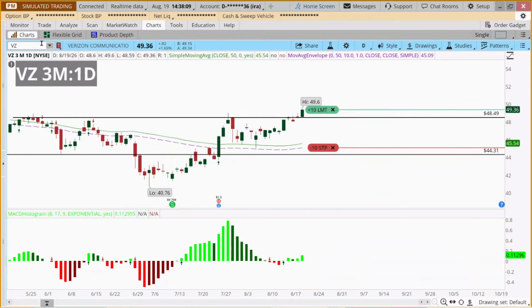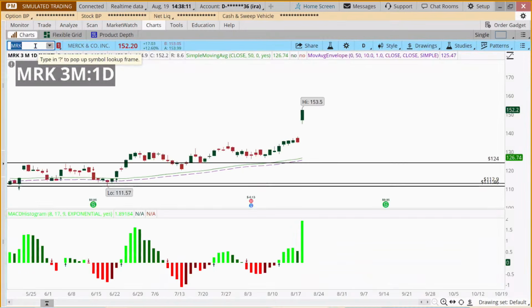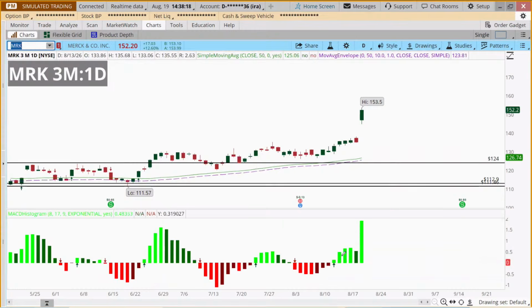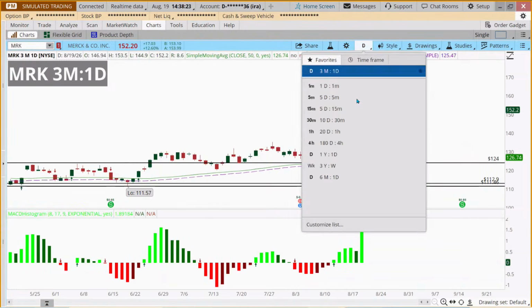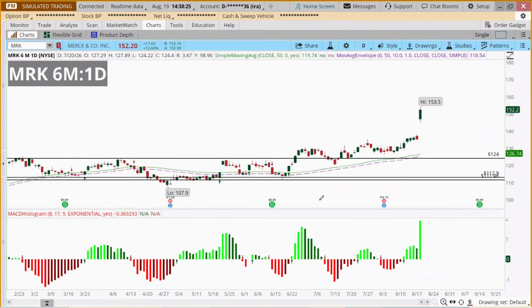Okay, MRK, another one you guys tatted in. MRK, valid buy signal today, yes or no? Well, the moving average is rising. MACD is six days green. Let's take a look at a longer term chart. If you're not familiar with the trend, MRK has been trading sideways a long time, broke this 124 resistance, tested it a couple times, traded sideways and up a little bit here, then gapped up, probably on some good news today, I would guess.